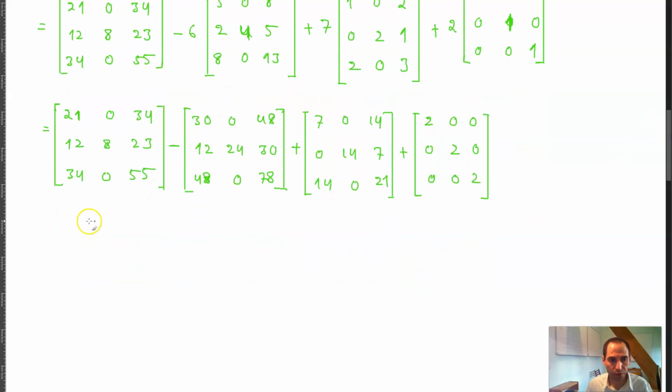And if you add all of these matrices together, first you can add this one, this one, and this one, and then subtract. No, you cannot do that. You have to subtract this one from this one, and then add these two to whatever you get here. So I will subtract this one from this one first. 21 minus 30 is equal to -9, 0 minus 0 is equal to 0, 34 minus 48 is equal to